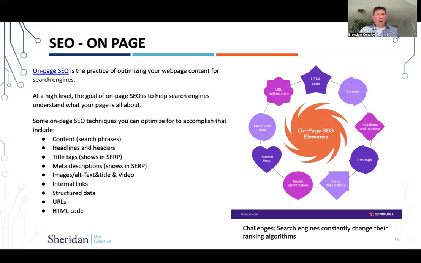So again, this is very complicated stuff. I would suggest reading through it or doing more research on it, but I'm just showing you your on-page SEO elements, like the actual code, what's on the page, and what is important here. Again, we're going to do some exercise around this, but what is the content? What are the words on your page? Your headlines, your headers. Google looks at this.